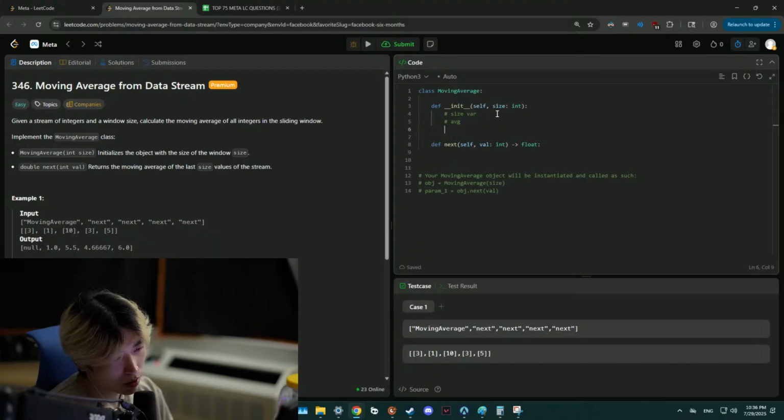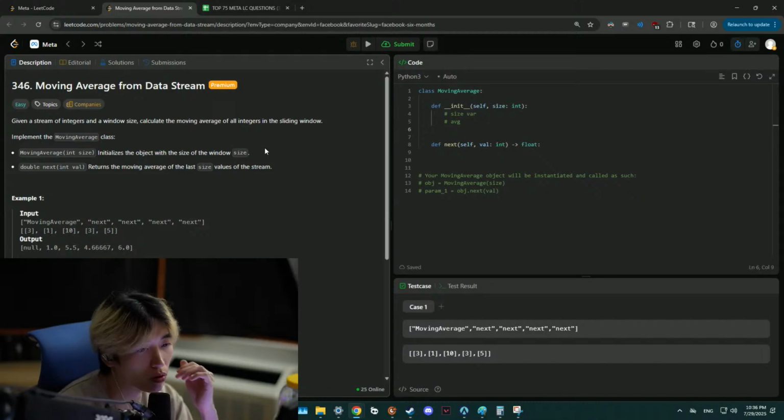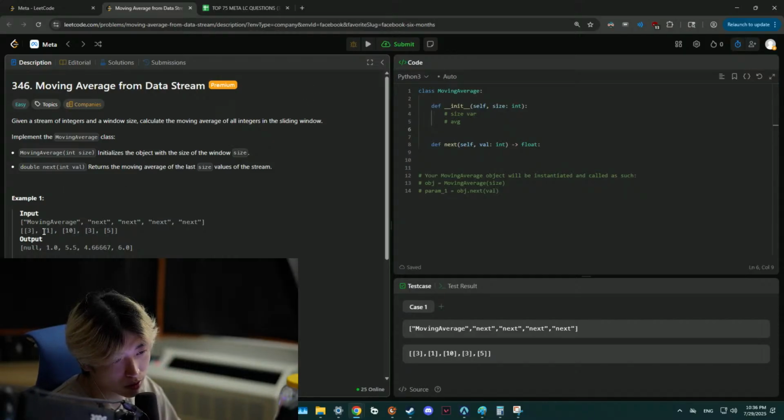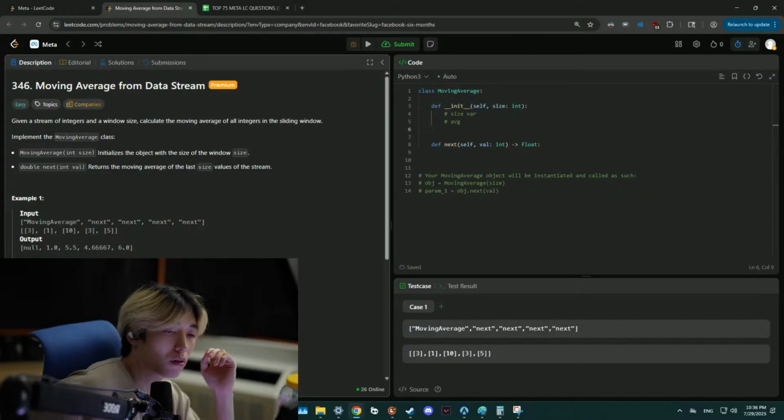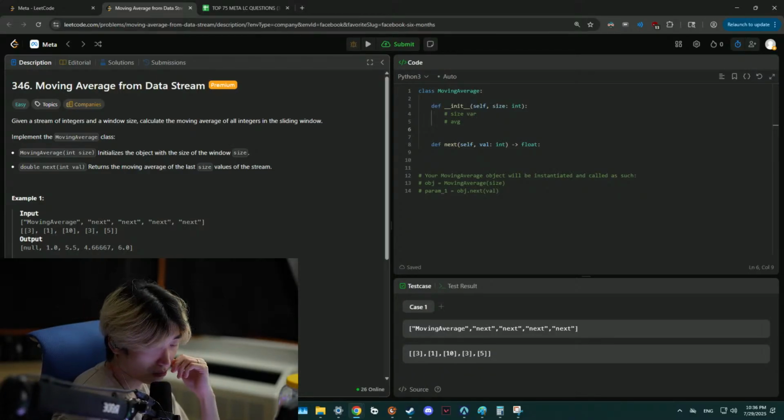So my first thought is, what does this 3 mean though? Initialize with the size. Oh, I see. Yeah, we do have a size. Okay, so the size is that. Oh, wait a minute. I guess we can initialize the array to be that size then. Then in that case, that's not true. That's not true. We just need to, well,